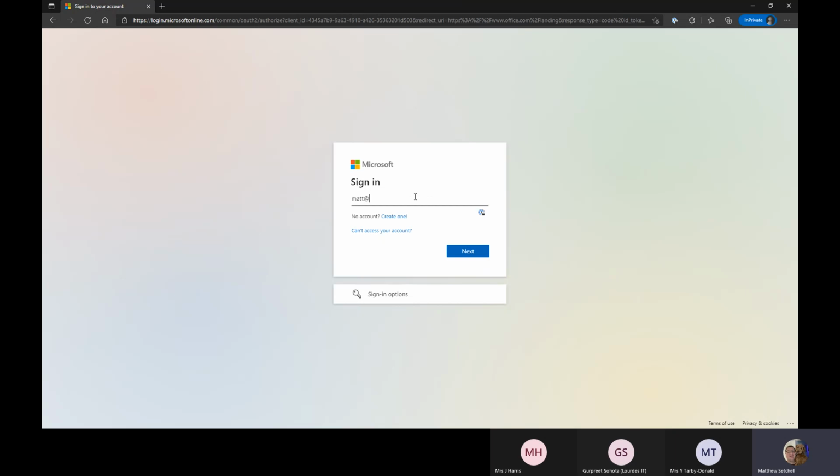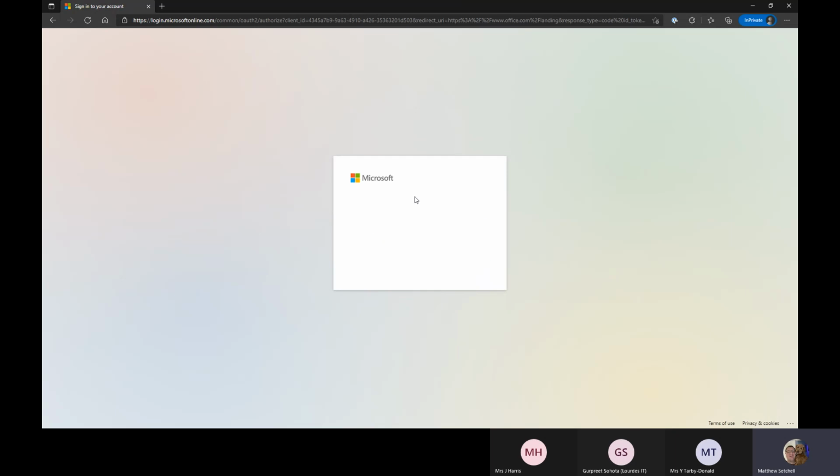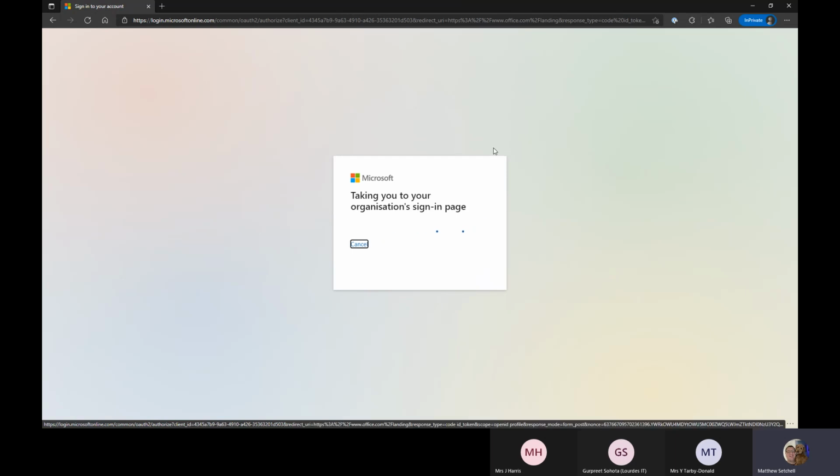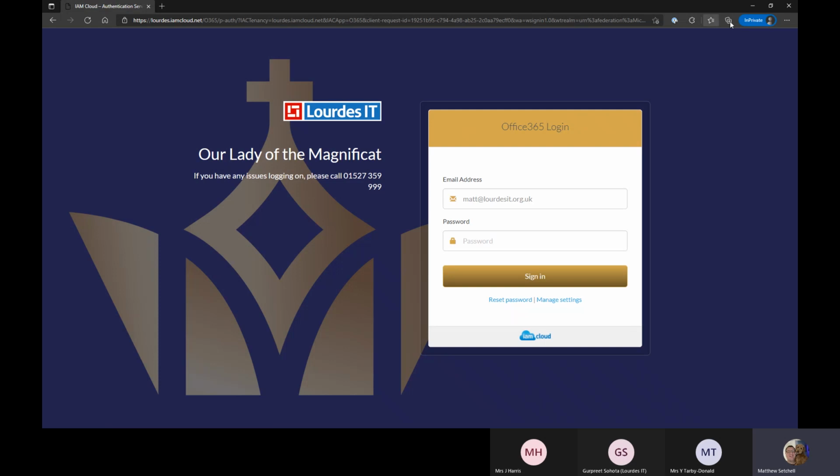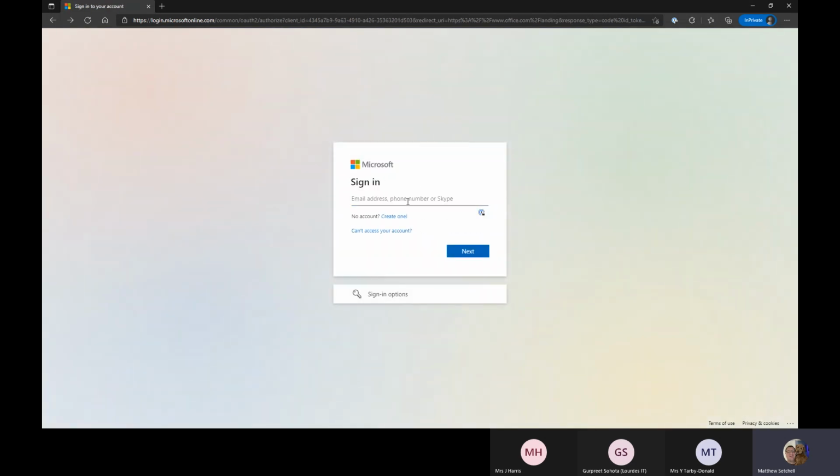So if I enter my details on here, for our organization, it then takes us on to a login page like so. But for your organization, it may take you directly to a local logon page. And the difference is, if I just show you,